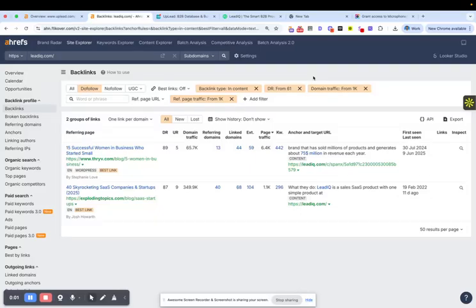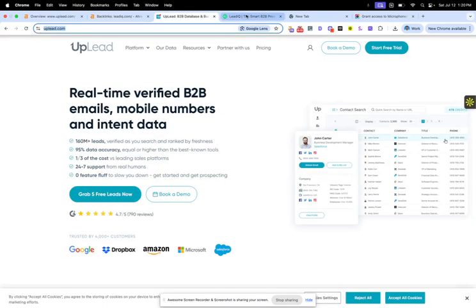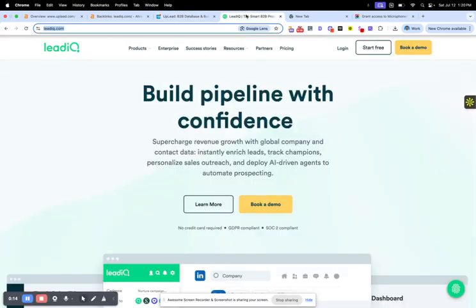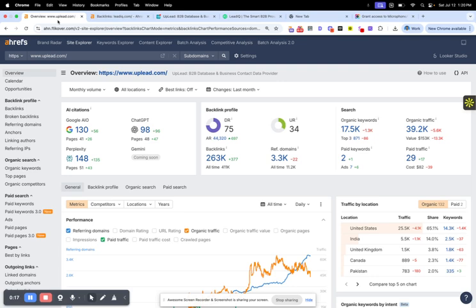So here I'll explain this DR metric and why I say this is a vanity metric with two examples. One example where I will explain this with two lead intelligence softwares, Uplead and Lead IQ. So here, if you can see, with Uplead, DR is around 75, and the organic traffic for all locations is 39.2K. And when we consider this and see their backlink data for Uplead,